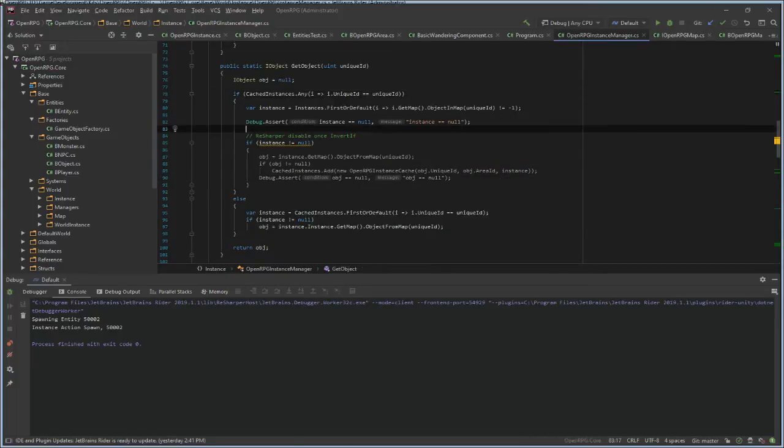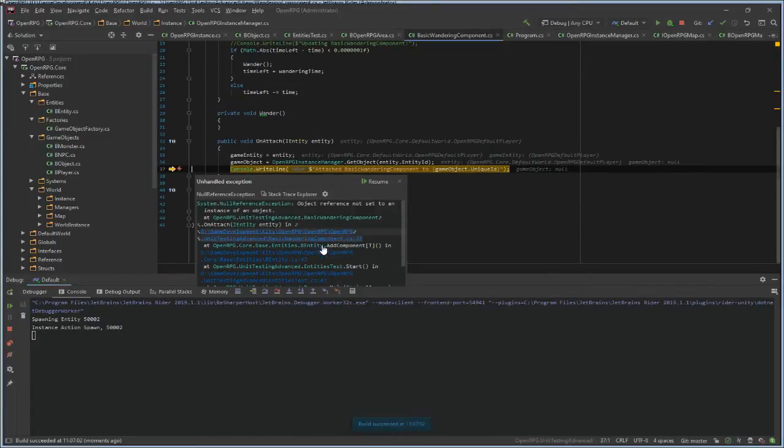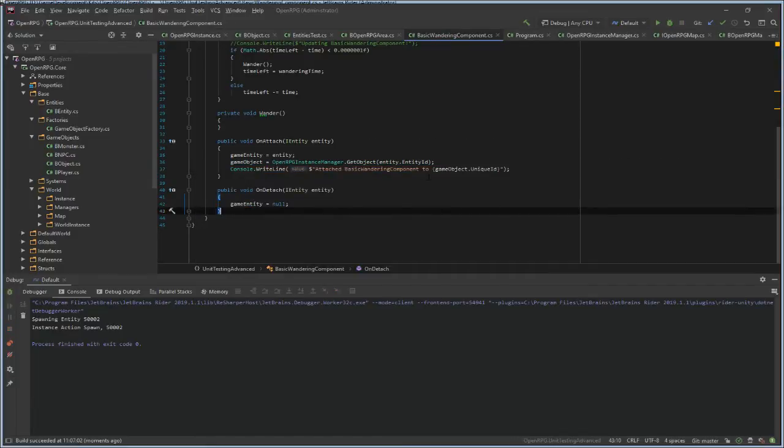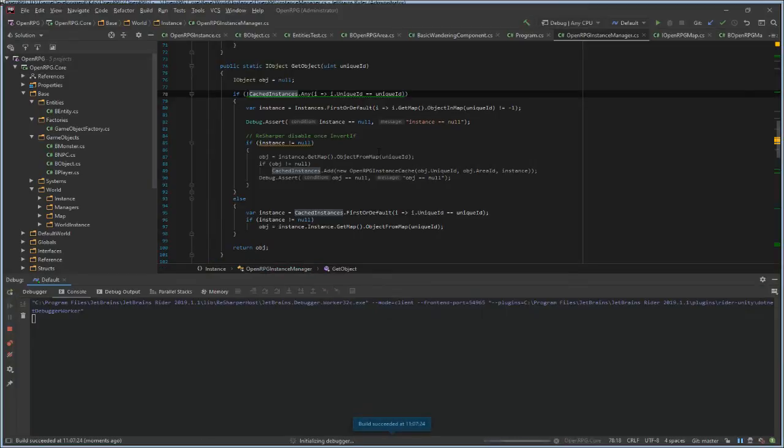If any object with the same ID exists, so, if there is no objects with the same ID. Oh, nice. Great.